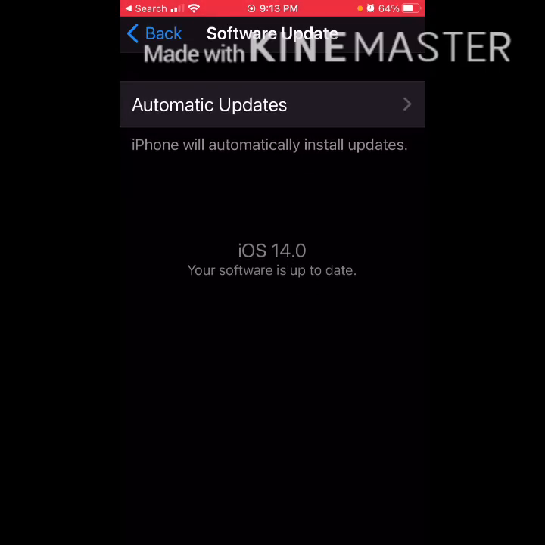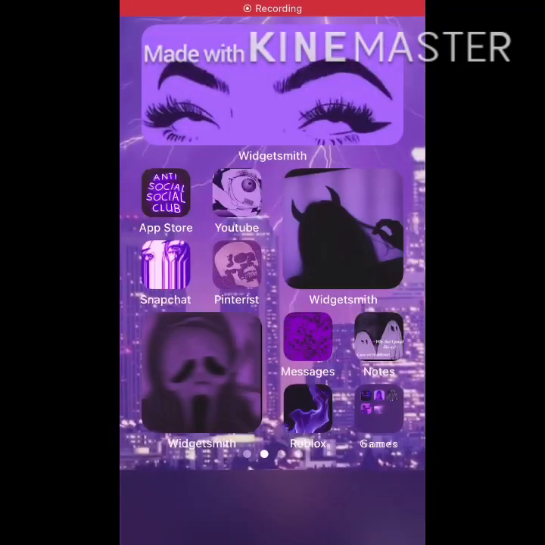And it might take a while to update. It depends on what type of phone you have. My friend had the iPhone 11 and it worked really fast for her, so helped her a lot. And yeah, so the